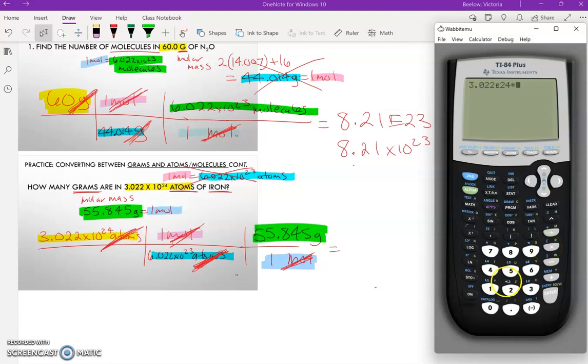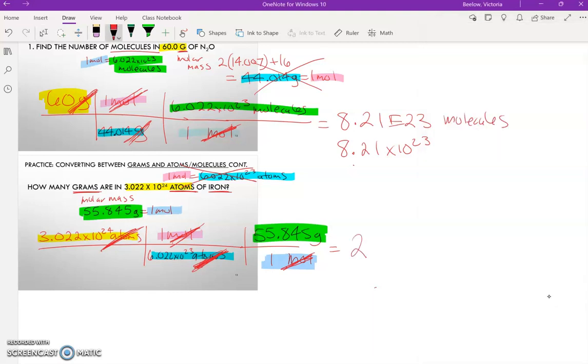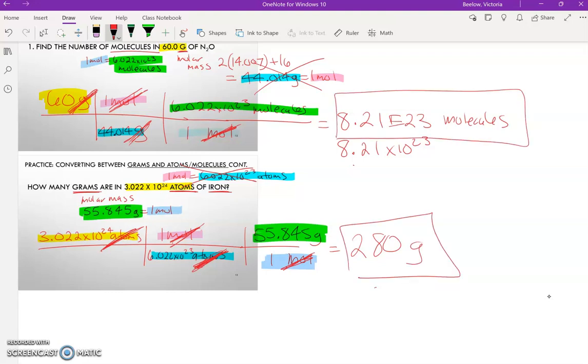So I can go ahead and multiply that by everything in the top, so 55.845, enter. And then I have to divide it by what's in the bottom. In this case, I have 6.022 E 23, that's Avogadro's number. So 280 grams if I'm doing 3 significant